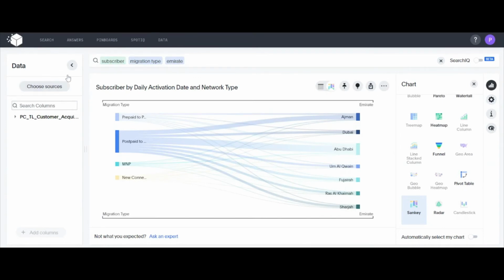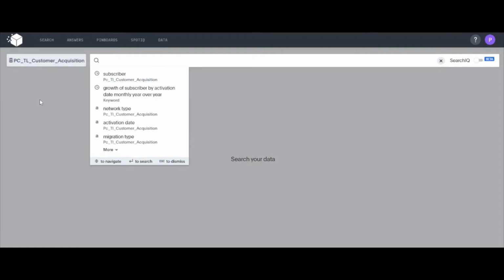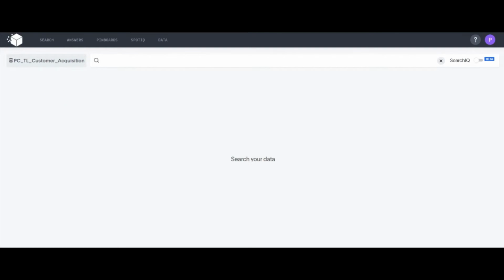Now, let's consider a business user searching on top of this data set. Let's minimize this data set, and let's say the business user need not know what all columns and measures are there in the data set. A data engineer will let the business user know that the data with respect to the business user's business has been uploaded or onboarded onto the platform,